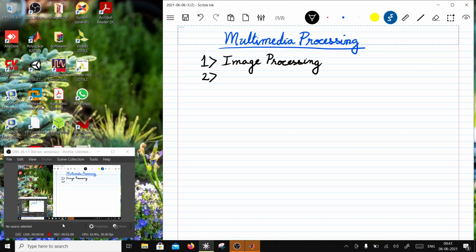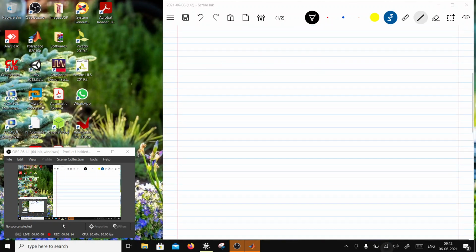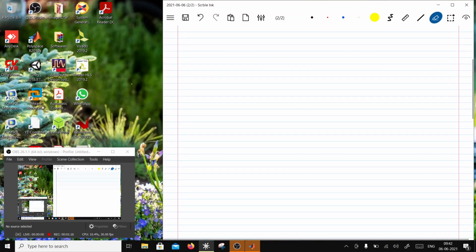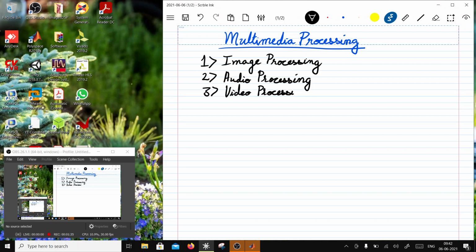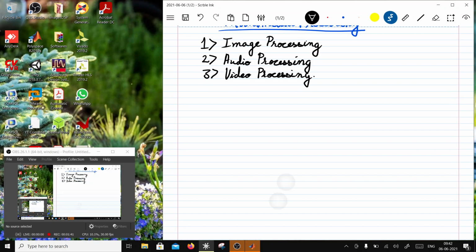Then we are going to talk about audio processing. And then we are going to talk about video processing. Right. So I'm going to start with image processing, or what is called digital image processing.